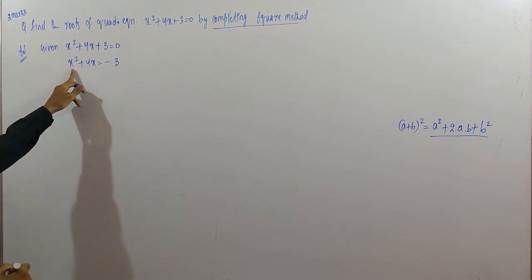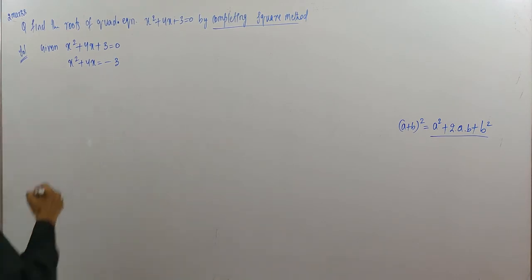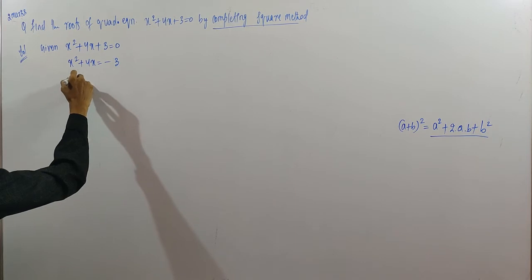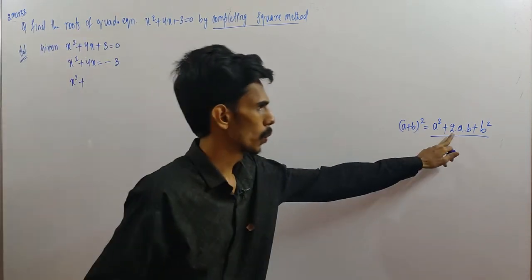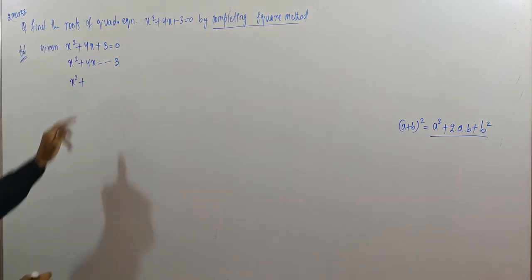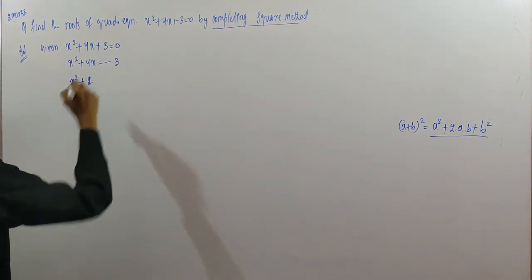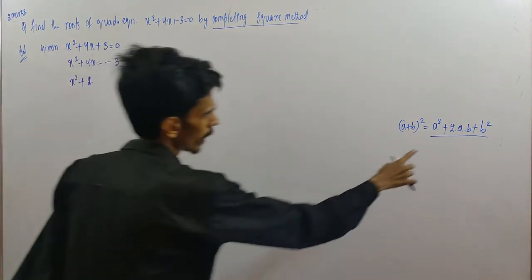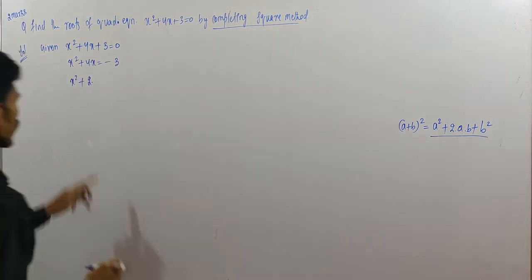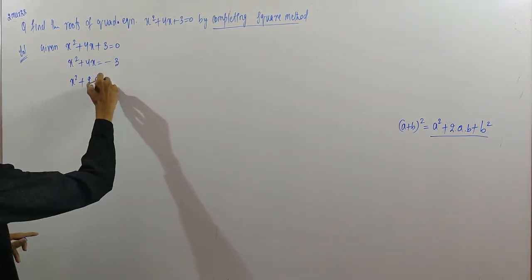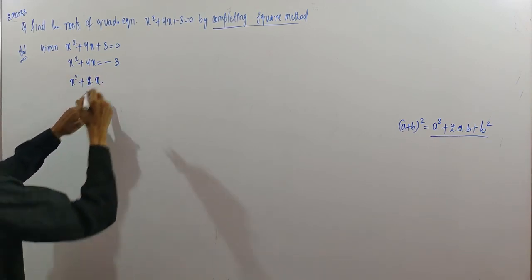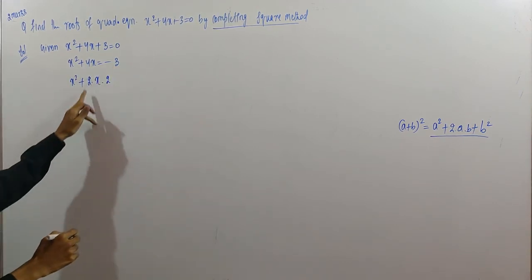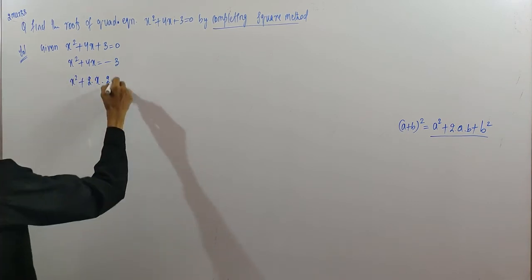Here we have x square, similar to that of a square. Now this x square as it is. Here we have 2 in the middle term, so here also we want 2. So write down 2 into the next term, a, here we have x, so x. Now x has coefficient 4, so put 2 here. 2 into 2 we will get 4.